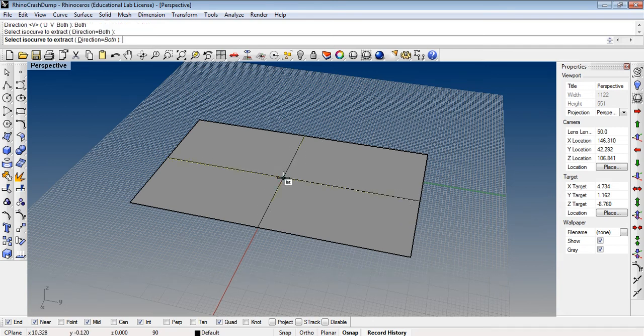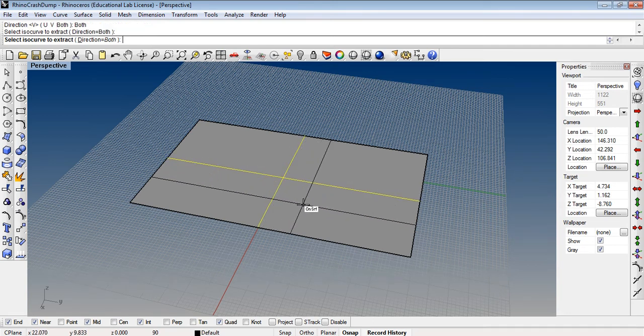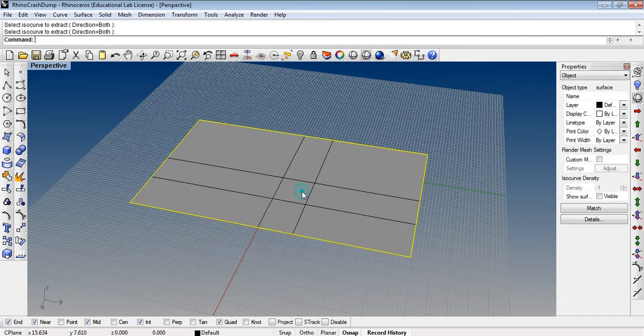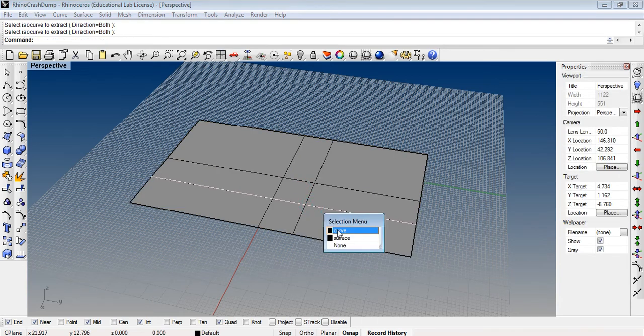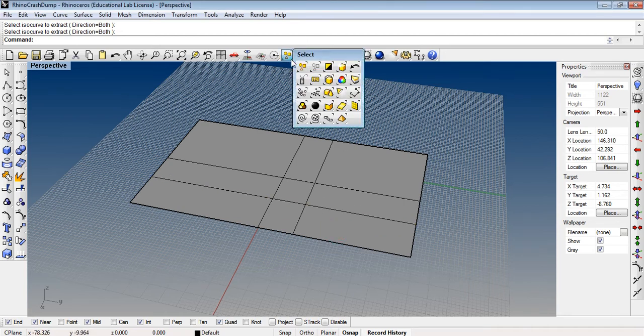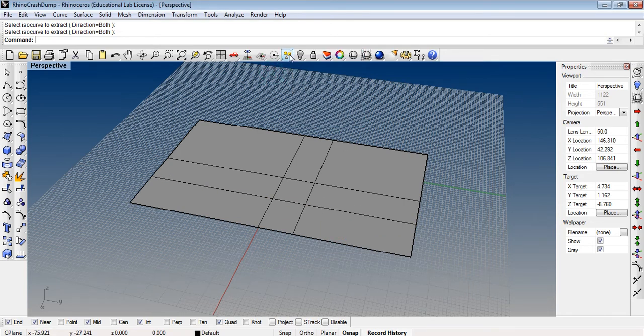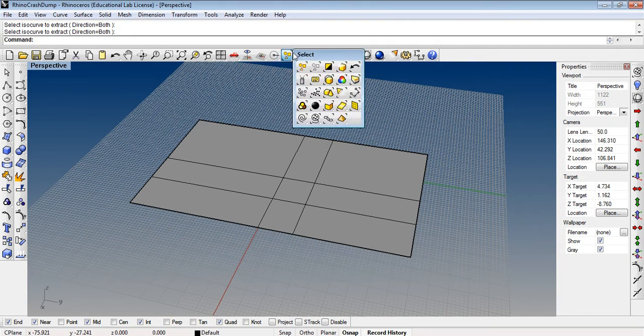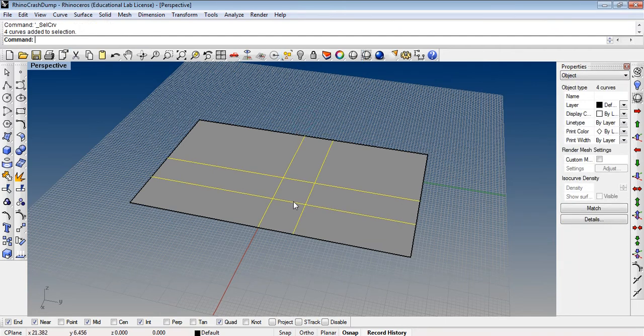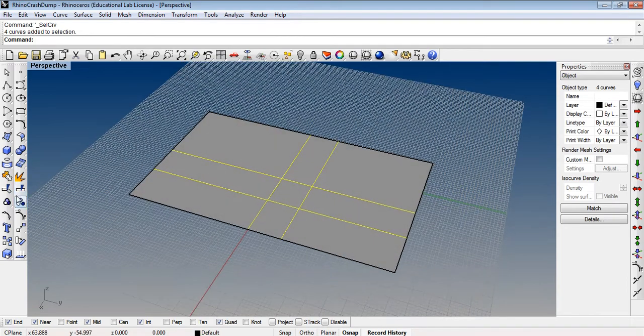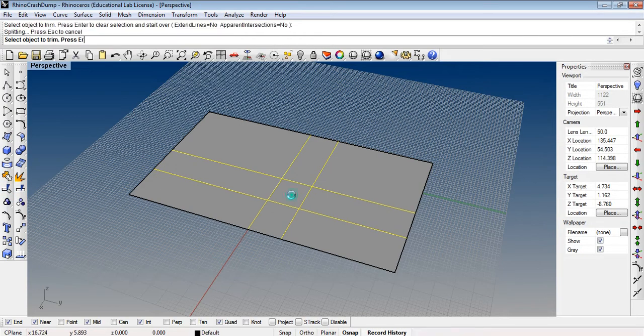See, now I select all curves. To select all curves, click here. This is the option to select any part of the work. To select the curves, click here and select this option. See, the curves were selected. Now I trim it. This was called the trim option. Now I trim this. See,